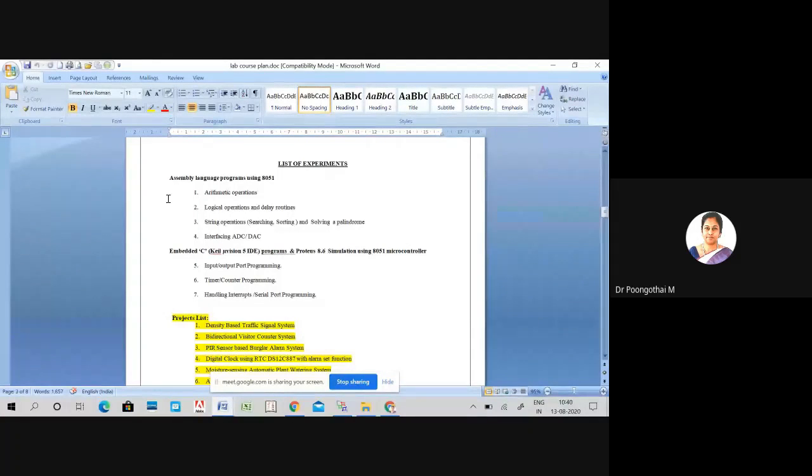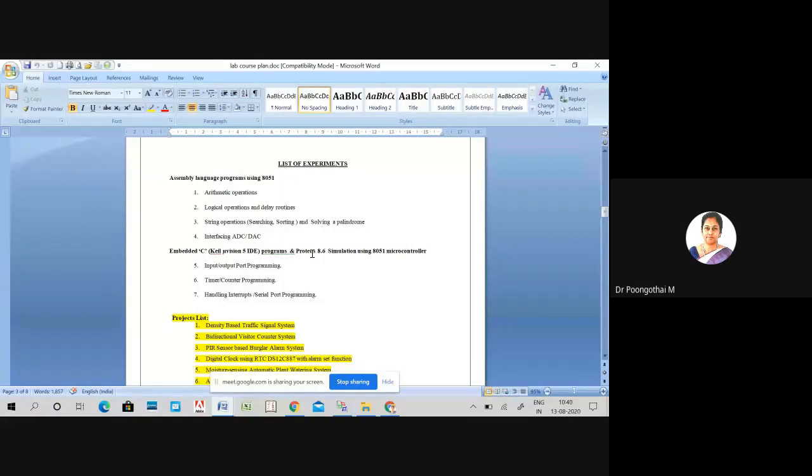So in this semester, we are going to introduce the MCU 8051 Virtual Simulator IDE instead of the trainer kit. So the first cycle, we will be doing our experiment assembly language programs using the Virtual Simulator. And in the second cycle, we will be concentrating on embedded C programming using Keil Microvision IDE along with the Proteus 8.6 version simulator for verifying your logic and results.